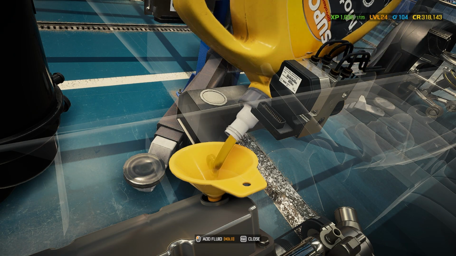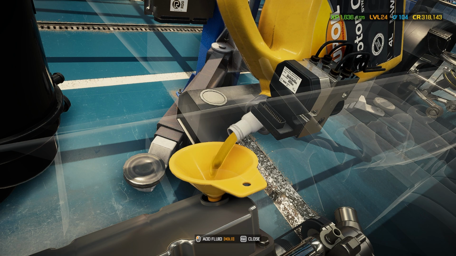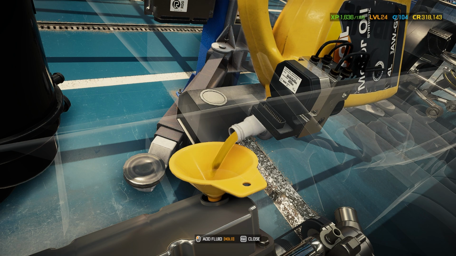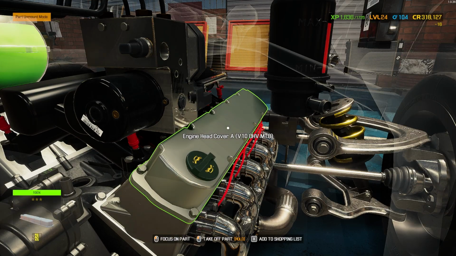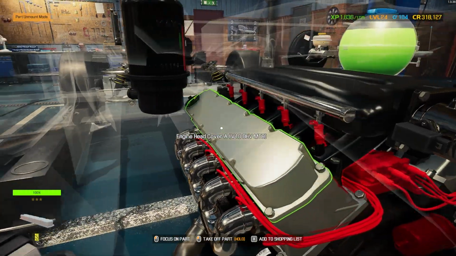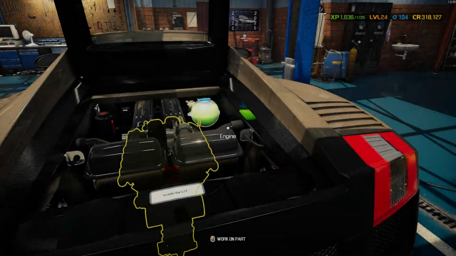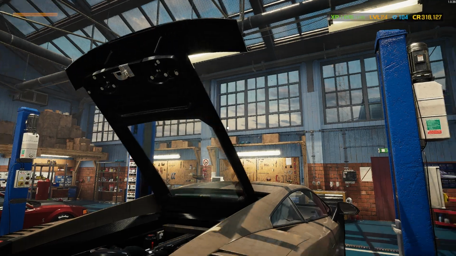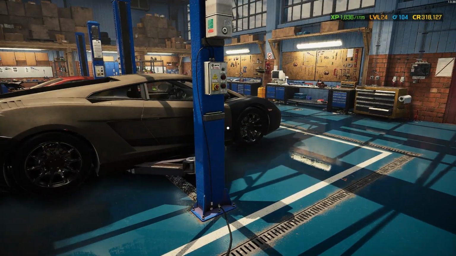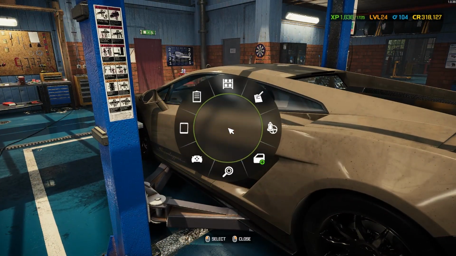Definitely need that oil, right? Don't want to run, what do we got here? A V10 with no oil. Yeah. That in there. Let's see. Do we have any other ones? I don't believe so. We should be good to go now. All right. Pretty sure. So what I'm going to do